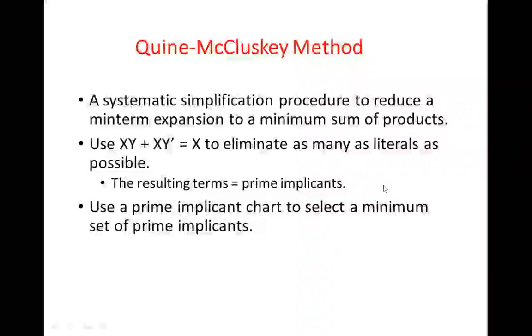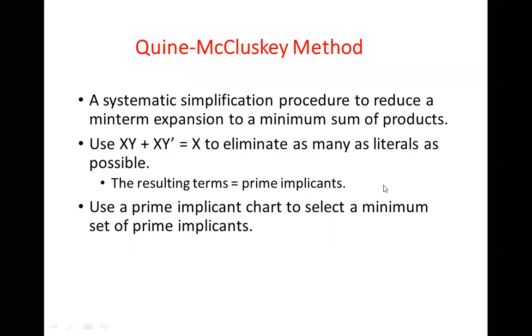Welcome everybody. So in this session, we will be discussing the Quine-McCluskey method. Now, in the previous sessions, we tried to simplify Boolean expressions using two different methods. One was adopting Boolean laws to simplify the Boolean expression. The second one was using a very famous method, the Karnaugh map. Under the Karnaugh map, we simplified 3 variable, 4 variable, and 5 variable expressions.